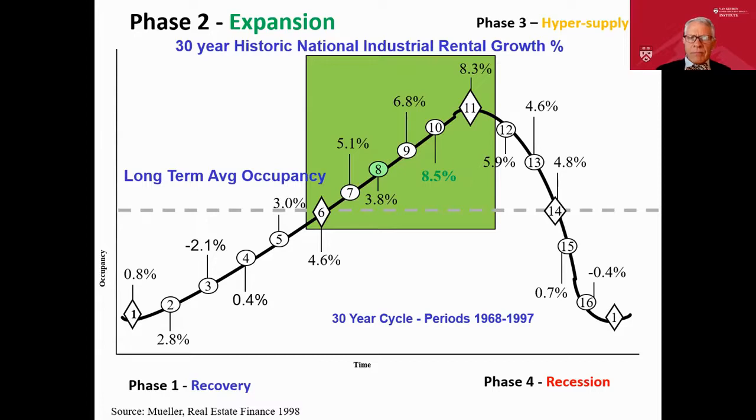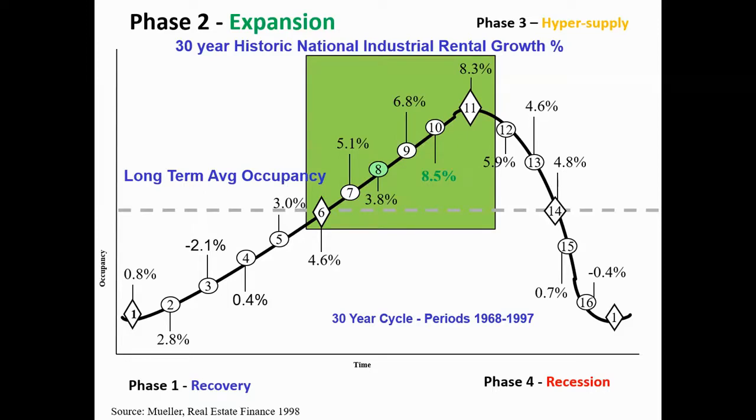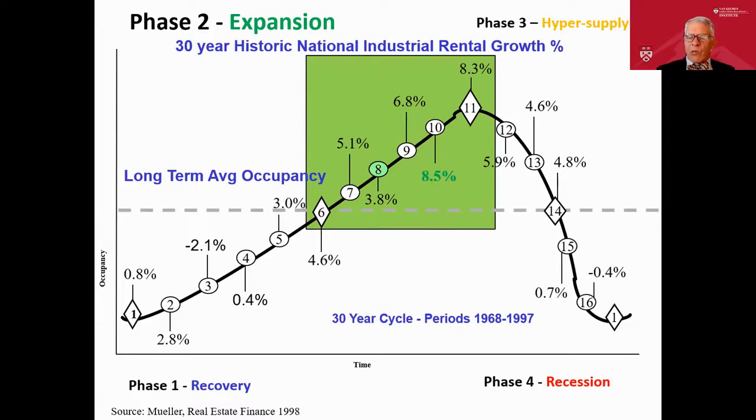Next slide. So Glenn, let me ask you a question. Let's say that in your market, you're seeing these annual rates where it goes from 4.6 to 5.1, back down, then back up to 6.8. Can you use that and tie it in with where you probably are? So we're up to 6.8 growth, then 8.5, now we came down a little bit. Right. I think we're near the top. So that's the growth in the publicly available information, which is the asking rents. So asking rents are going to be higher or lower.